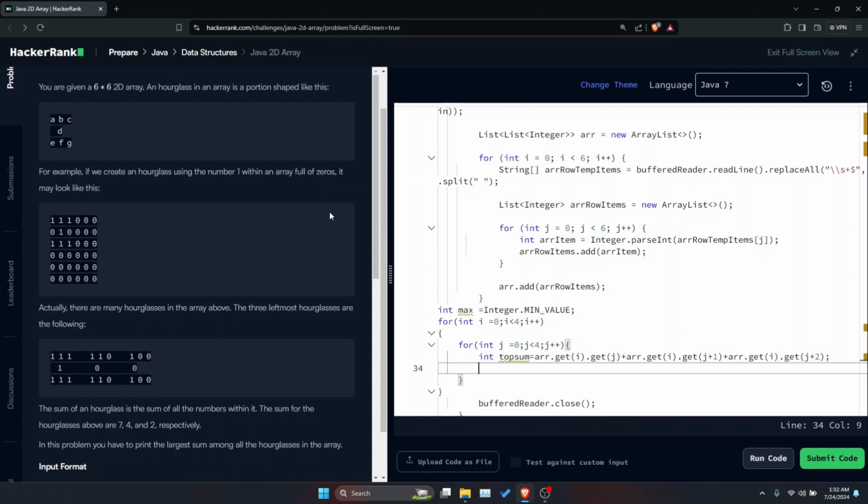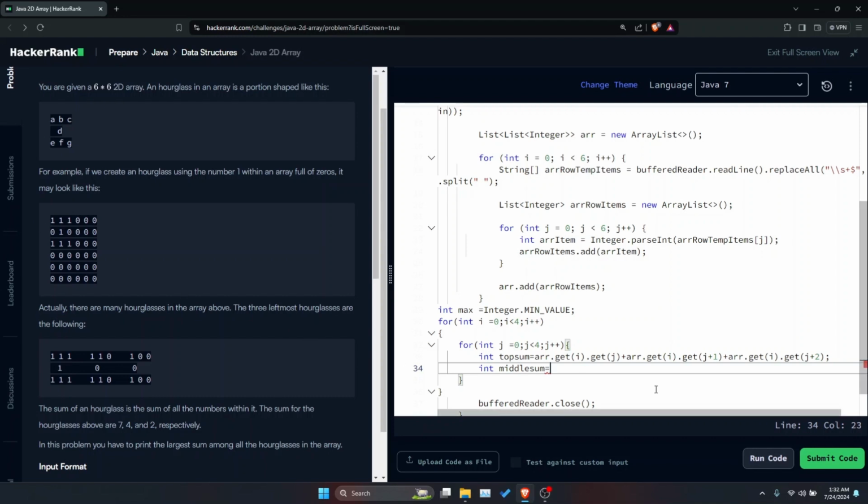Now we would calculate the middle sum. The middle element is under the second element of the top row. So if I want to get this one, the row has changed from 0 to 1.